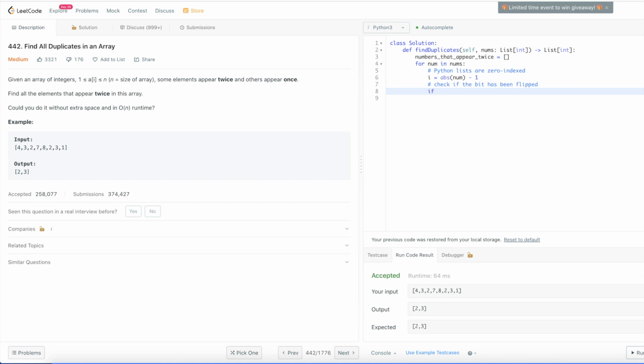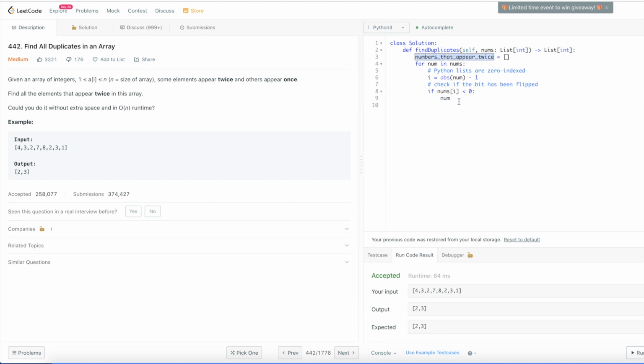Well, remember, if the value at that index I is negative, so if it's less than 0, then we know for certain that it's been visited before, because we only multiply it by -1, or flip it, if we've encountered it in the past. So if the value at nums[i] is less than 0, we know for certain that it's been encountered in the past. And thus, the second time that we see it,